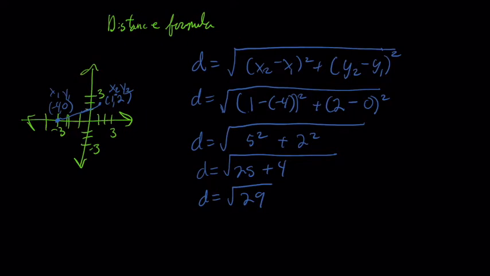Now, 29 is a prime number. I can't pull any squares out of this, so this is fully simplified. If you wanted to know closer what it was, you could plug it into your calculator. Again, this is an irrational number. And if I took the square root of 29,